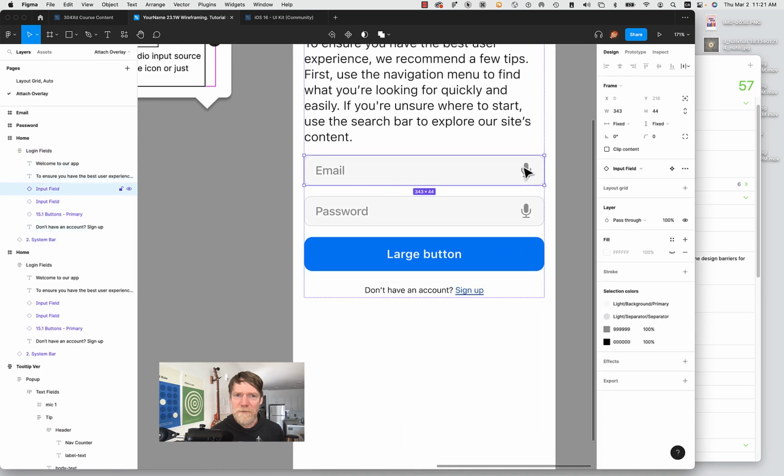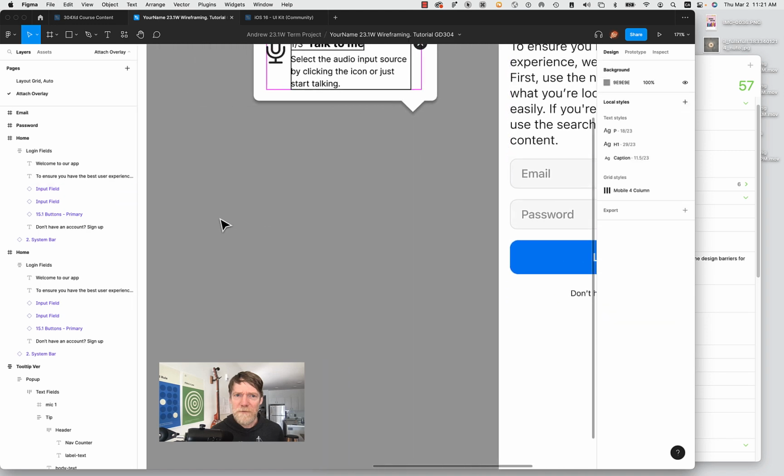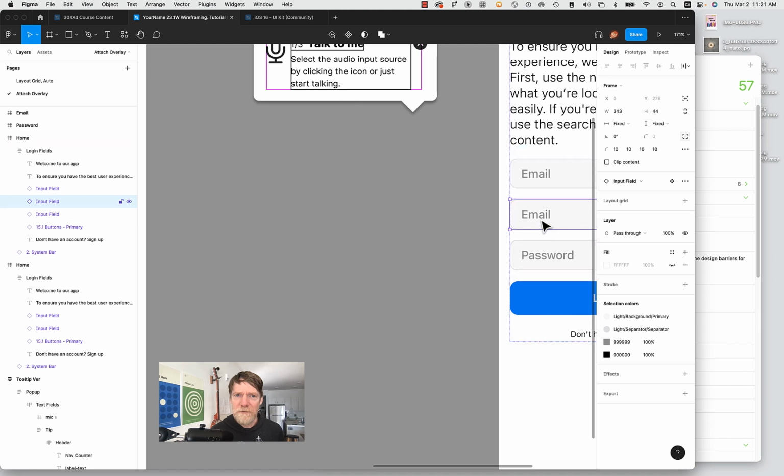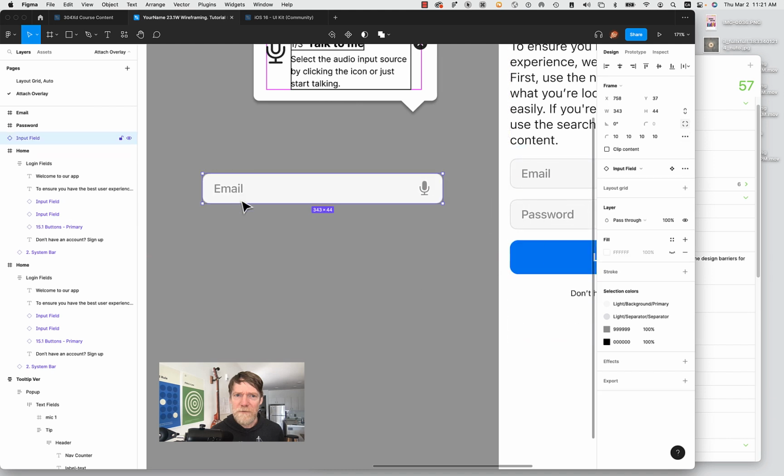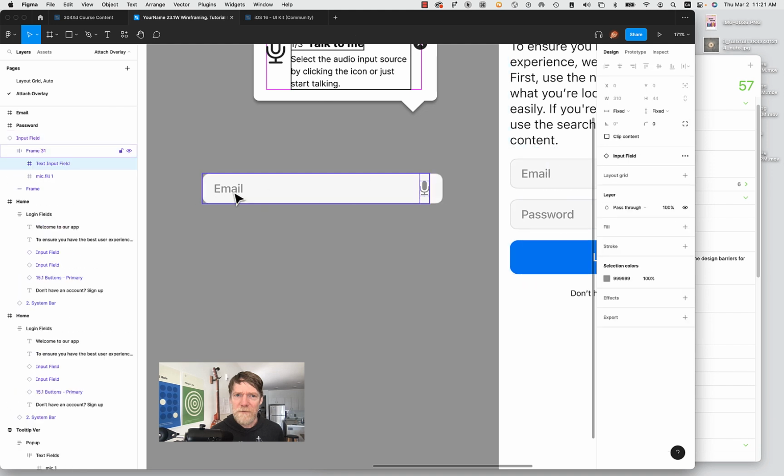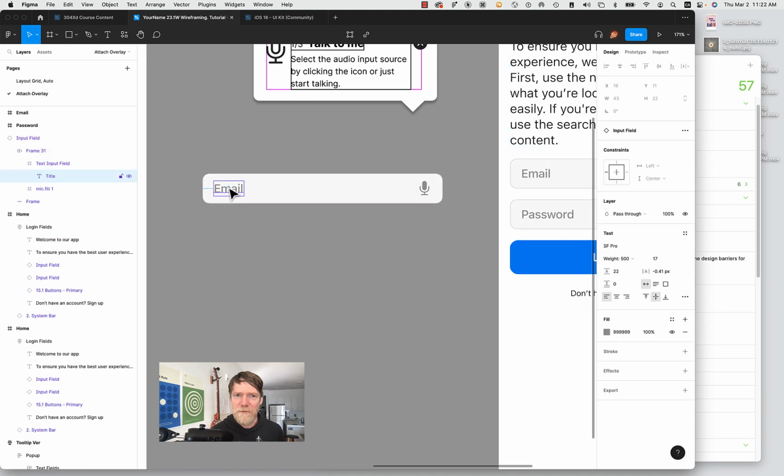All I did was I swapped out the arrow for this mic. So I'm going to copy that, and I'm going to paste it here. Oh, pasted it inside there. I can just drag this out. So what I want to do is when somebody clicks on here, I just want to fill in their email address. So I'm going to use my email address, andrew.mckinley@sweetsoul.ca,